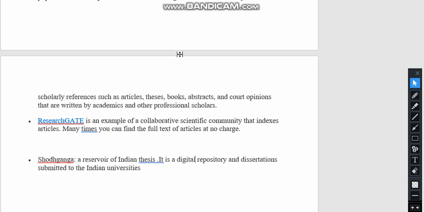Also, you can use ScienceDirect, where you can find a number of research papers depending on which field you are going to do your research in, whether it is engineering or sociology, humanities, life science, history. So there are many websites through which you can find the relevant papers.